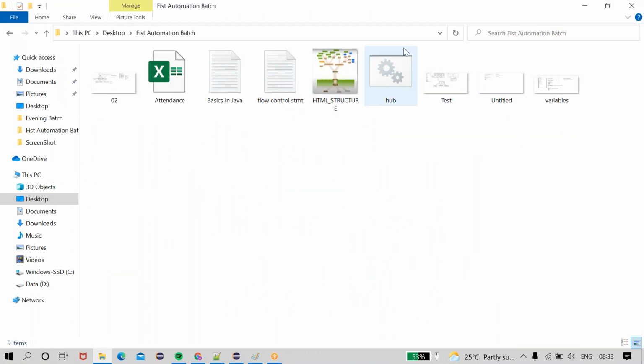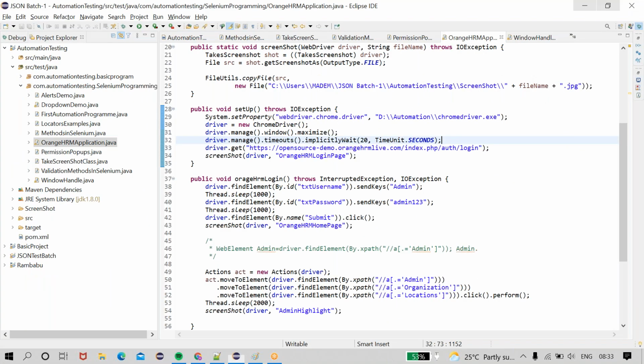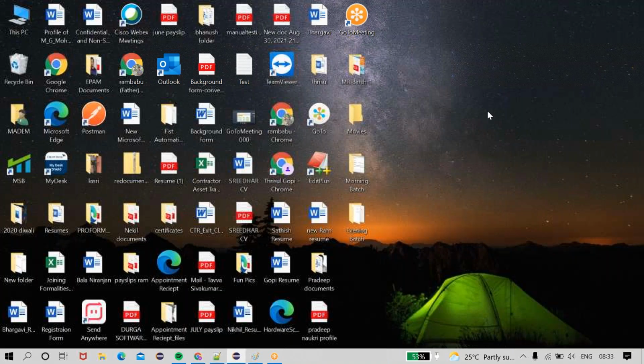See, where is it showing? JSON automation testing screenshot. Where is that folder? One minute, guys.